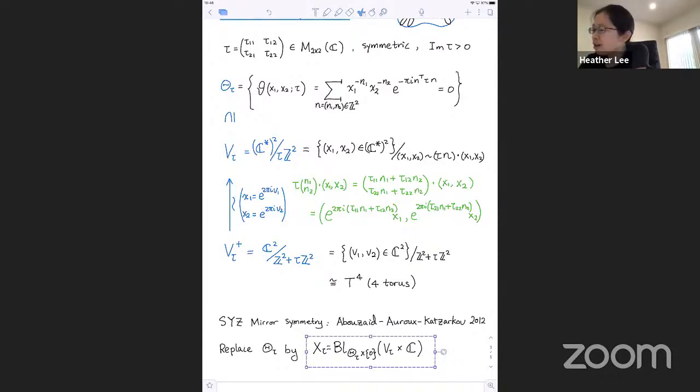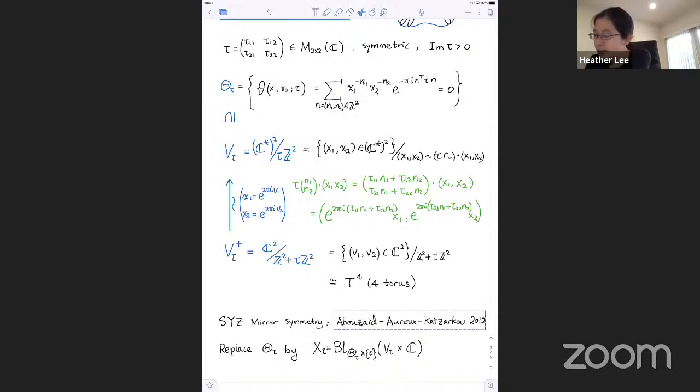So this X tau is the blow up of V times C along the genus 2 curve theta times 0. So why is this a good replacement? I don't have time to talk about that, so let's just take that. And so we replace the genus 2 curve by this, and then